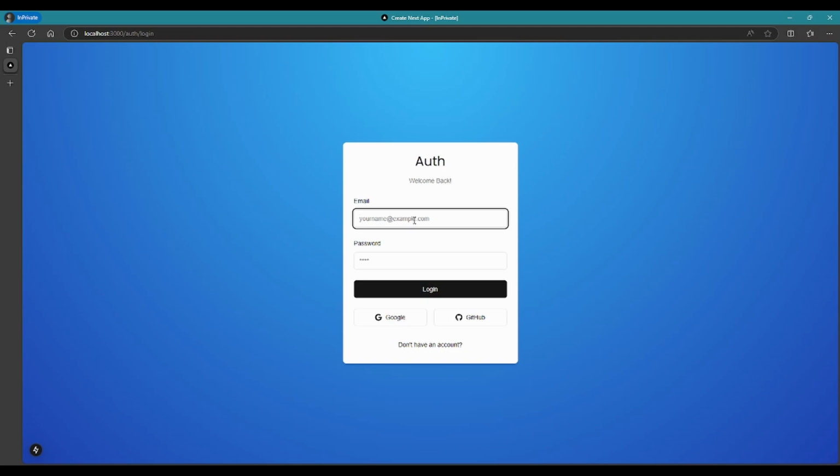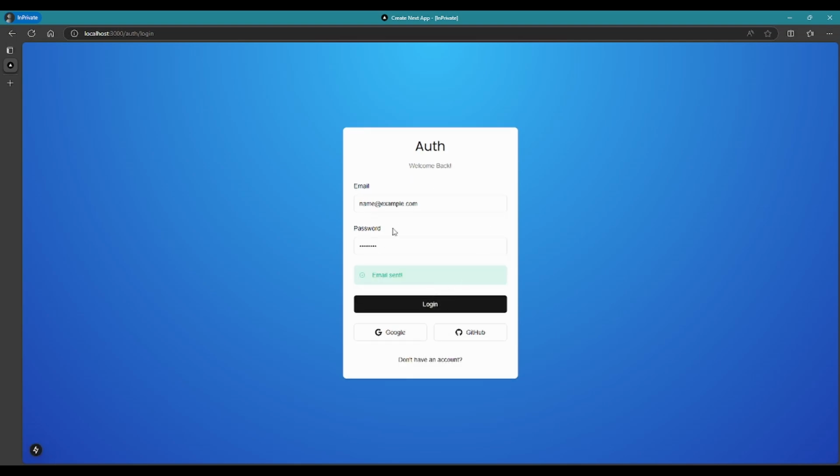Right now, if I type name at example.com and enter the password as well and click the login button, what will happen is we are still staying in the same page, the login form, and we just have received this email sent message. What we want to do is that if we click this login button, we should be redirected to a default page like a dashboard or a settings page.